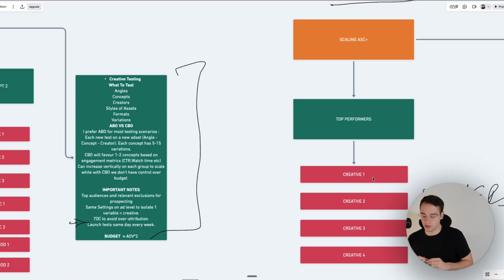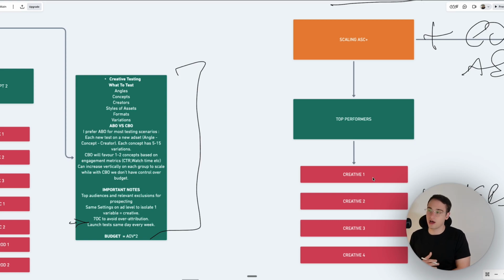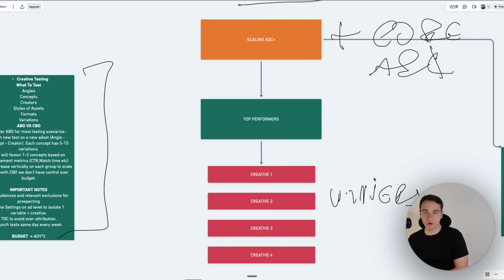The TLDR is, for example, if you have multiple products, what I like to do is have another core ASC. Now, the most important thing here is to make sure we have the products that are actually profitable and are core business cases. I had a recent client of mine with 7 products who are launching new stuff, and they don't have a creative engine or any specific creative output, and they wanted to test everything. And I'm like, you can't really test everything. You need to focus on those